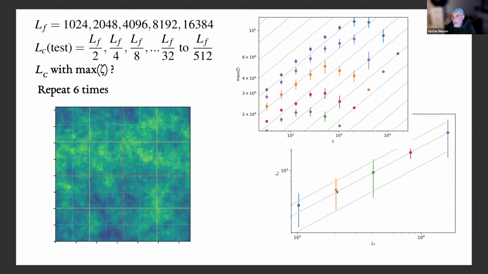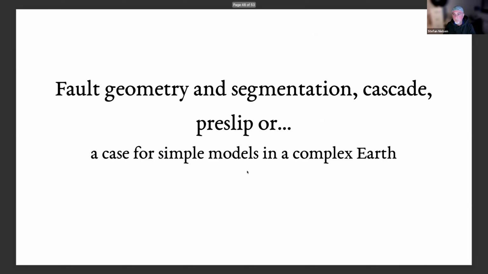Okay, so this is a very specific example with a specific stress distribution, lots of assumptions, but there seems to be a case for a statistical correlation between the unstable patch and the available space that the patch is allowed to extend onto. So obviously, bigger fault, you're allowed to select a bigger patch, and because a bigger patch is inherently weaker than a smaller patch, then statistically you're going to observe bigger patches on bigger faults. Okay, so that's the idea.